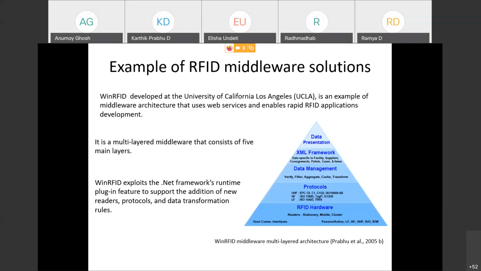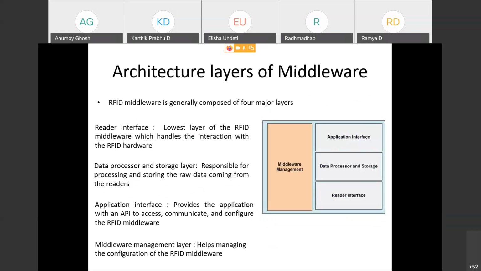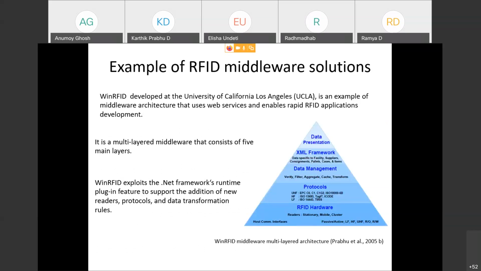And then comes the data management, as I have been telling you in this slide: data processor and storage. So data management means what? As it is written, it will verify the data which is coming from the reader. Suppose there are three readers connected, and all three are sending data at a time. The middleware is responsible for separating each of the data, so which reader is sending which data. That is done by digital demultiplexers, and then